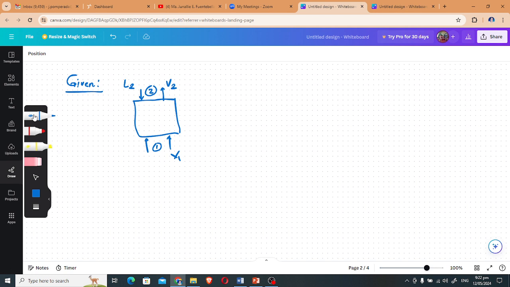Oh, sorry for this one, the arrow here. Oh wait, so the arrow here should be pointing downward. So this is L1. Okay, and this is the part of the tower, which is 1. So since our solvent is pure air, y1 then is equal to 0, and this is at 2 atm. Then we know that in here for V2 we'll have y2, and for L2 this is the corresponding initial concentration of benzene